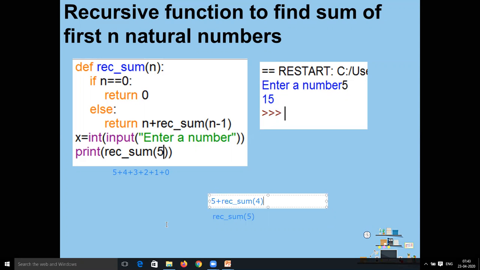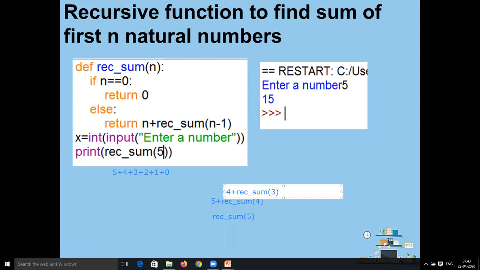Now again we are calling rec_sum 4, so 5 will be kept inside a memory space that is known as a stack. Now rec_sum 4 will return 4 plus rec_sum 3, and similarly rec_sum 3 will return 3 plus rec_sum 2, and it will go up to 1, and up to 0.